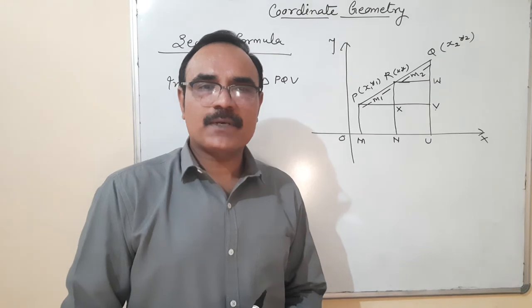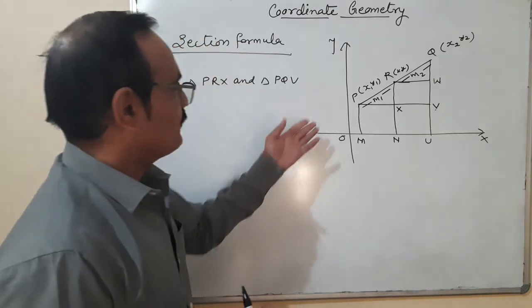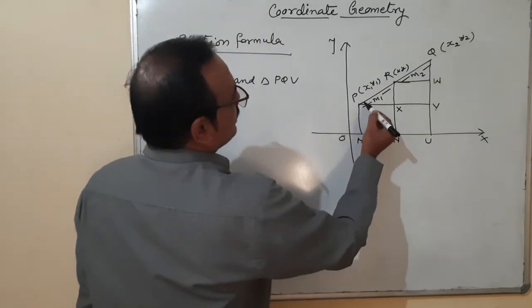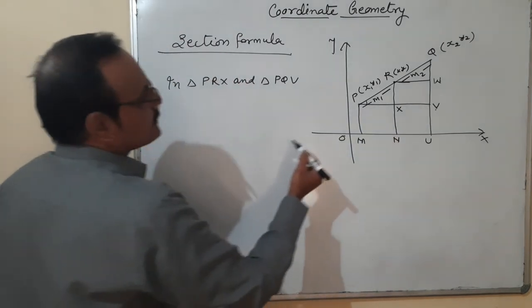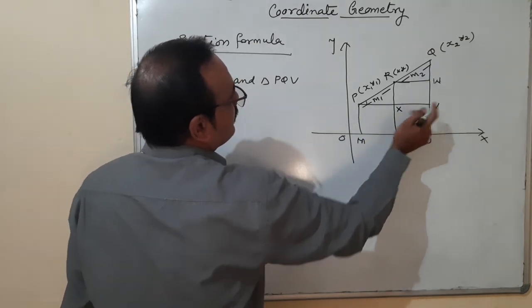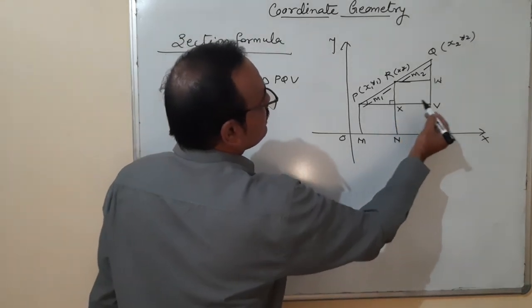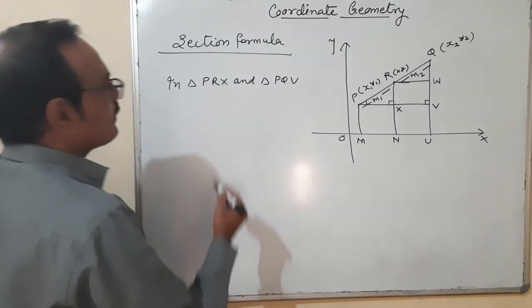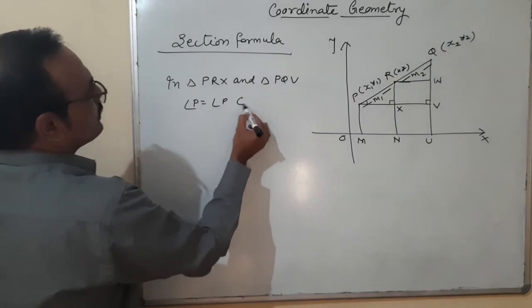In the previous triangle chapter, where 2 angles are equal, both the triangles are similar. Here we are using the angle-angle similarity. You'll see that this angle is common in triangle PRX and triangle PQV. One angle is common, and the second is these 2 angles equal to 90 because they are perpendicular. So I'll write here: angle P is equal to angle P, common,